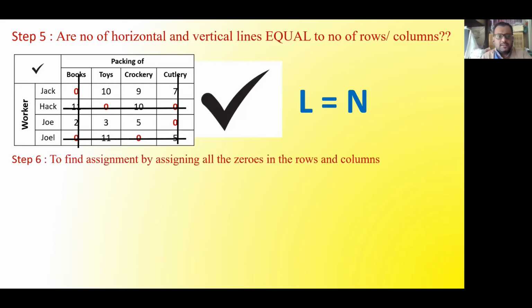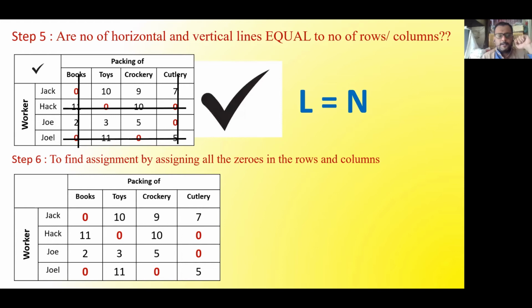Now to find the assignment, what we need to do? Sir, we will assign row-wise. See that in which row there is one single zero. Look at the single zero; what does it indicate logically? It indicates that the worker there is the only eligible person. That indicates that person is only eligible for that job in minimized cost or minimized time.